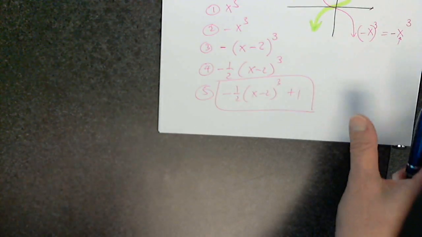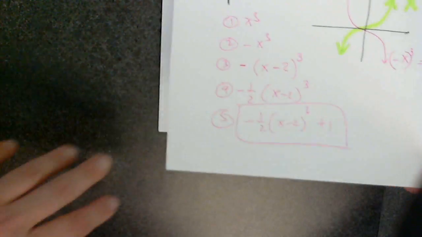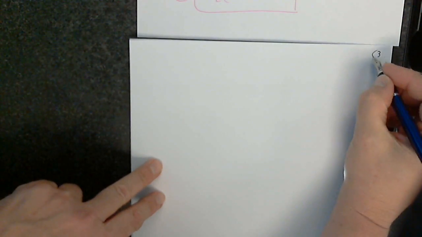Okay, so last time we talked about the concept of common domain. If you remember, we cannot add, subtract, multiply, and divide if those functions don't have a common domain. And furthermore, when we divide, the denominator cannot be 0. So let's look at one other